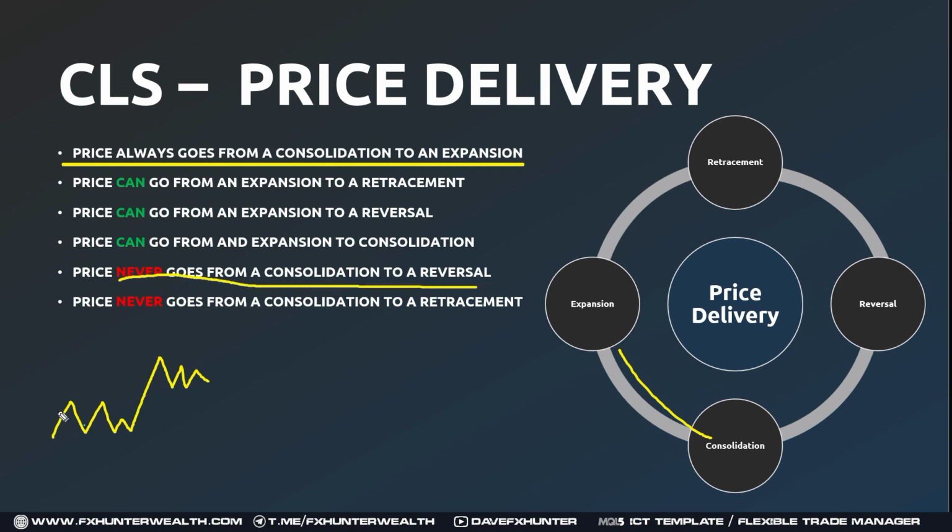So if price is in consolidation, expansion, consolidation, then we will never get a reversal. So if price is going down, we know that it's a manipulation for the further move up. Also, price never goes from consolidation to retracement. So that means that this leg down after the consolidation in the bullish uptrend is just a manipulation